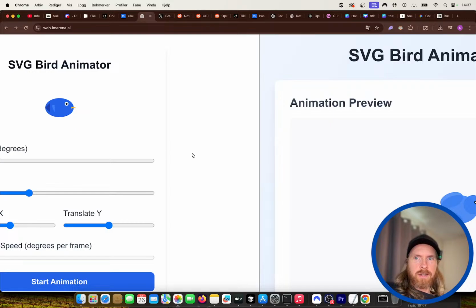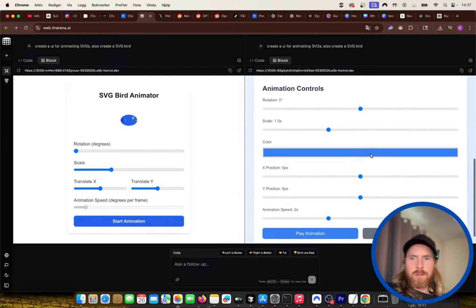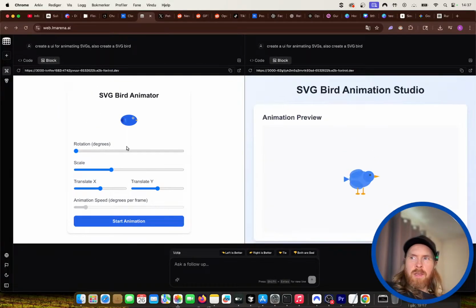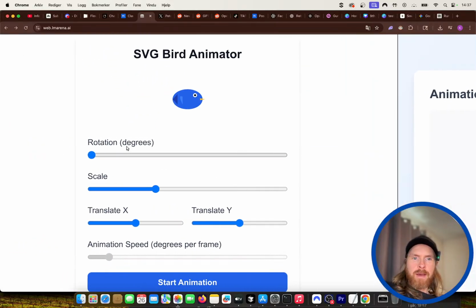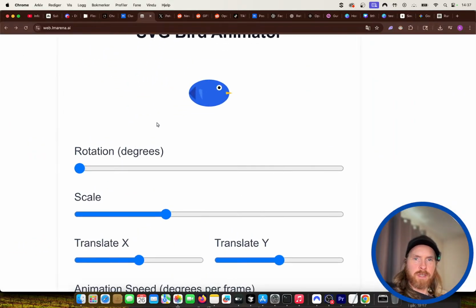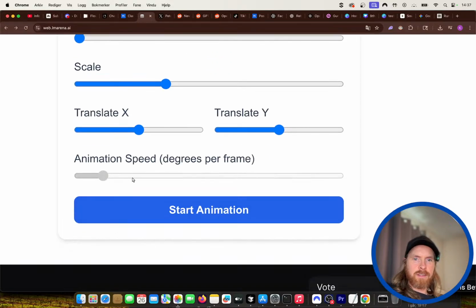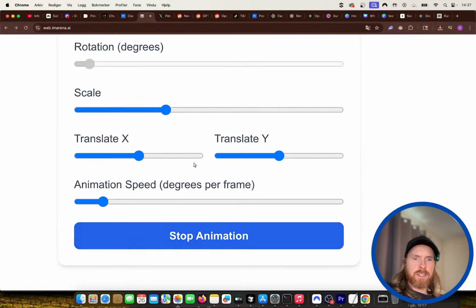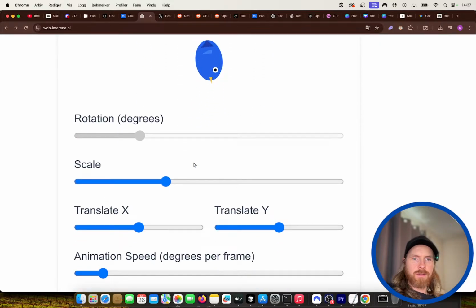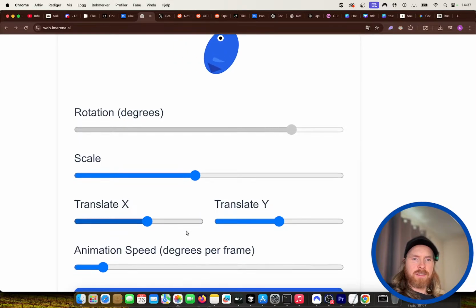Okay, so let's see here now. So we got two. Yeah, I think all of them have a. So here's the first one. So we have this SVG here. We can rotate, start animation. So it's just spinning. We can scale it, move it.